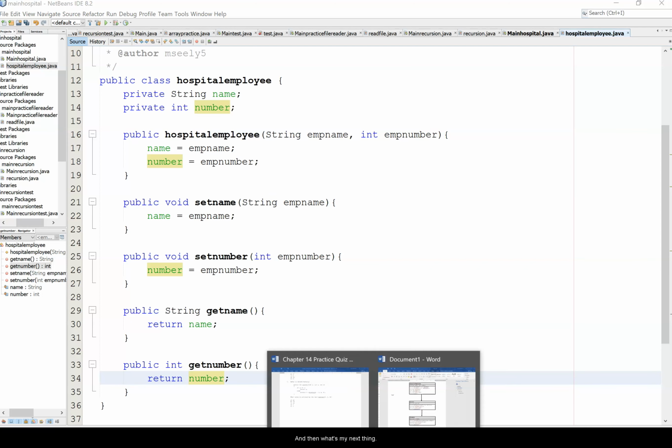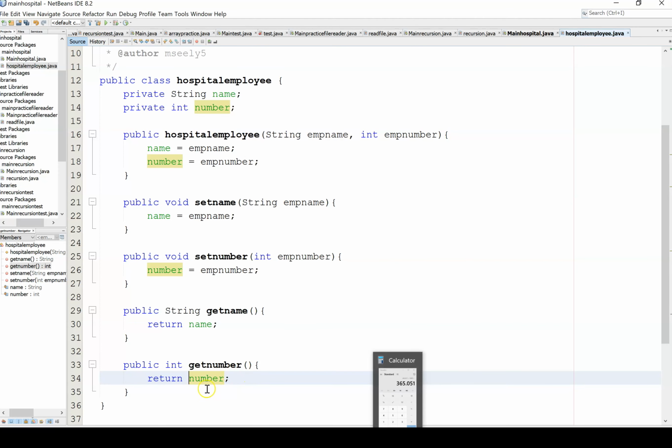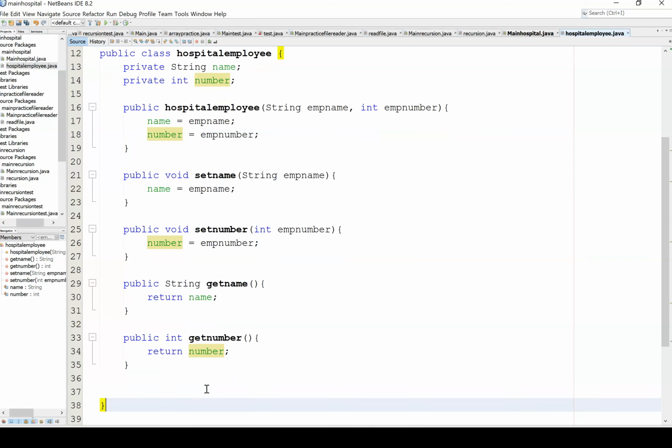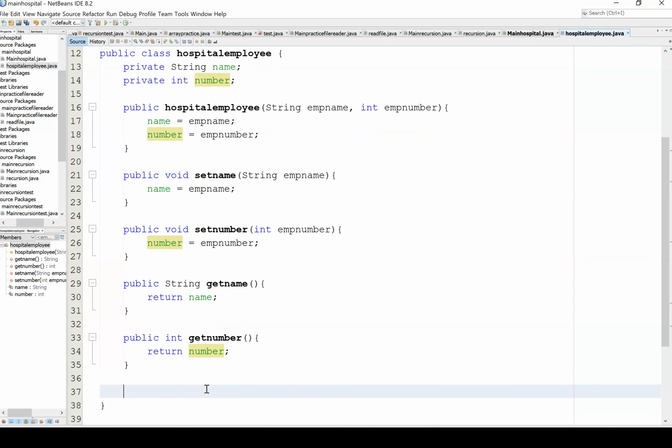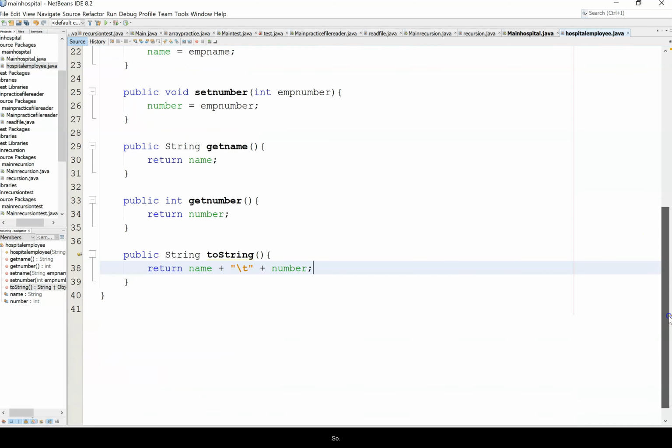And then what's my next thing? ToString and then work. Okay. So I'm just going to give the person's name out for the ToString. So return name plus their employee number. Okay, so